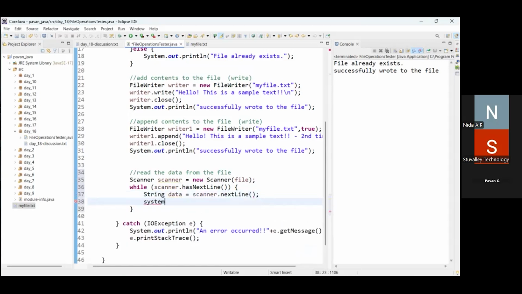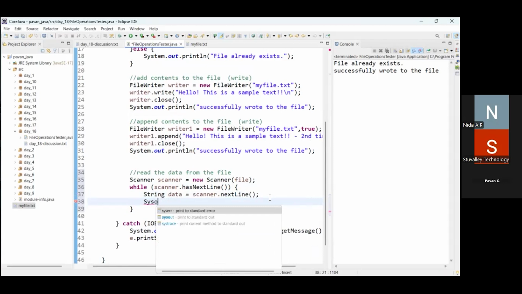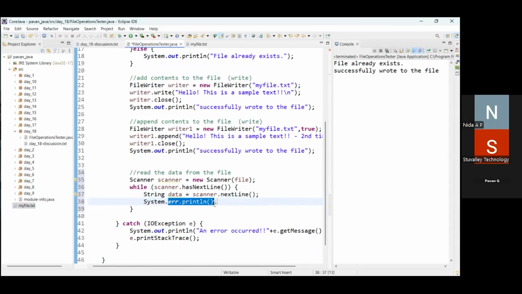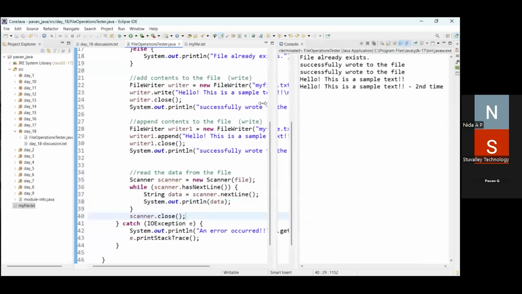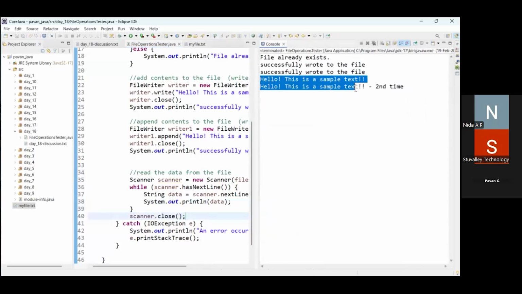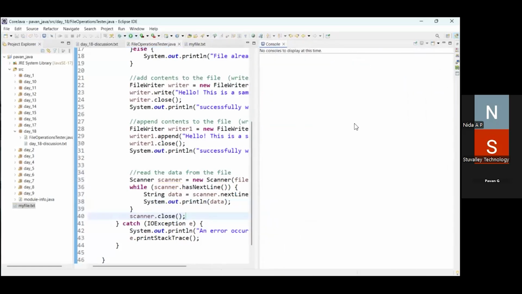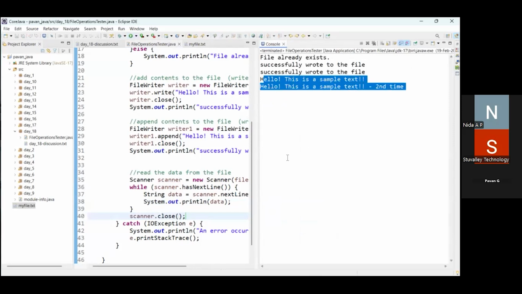So now I'm just going to print the data. And once the scanner is done, I'm going to close the scanner. Now let's go ahead and write it. Let's run it. So you can see here, hello, this is a sample text. Again, if you write, you can see